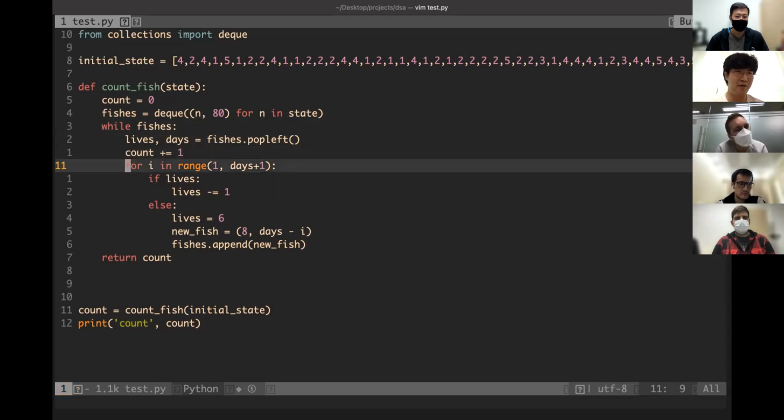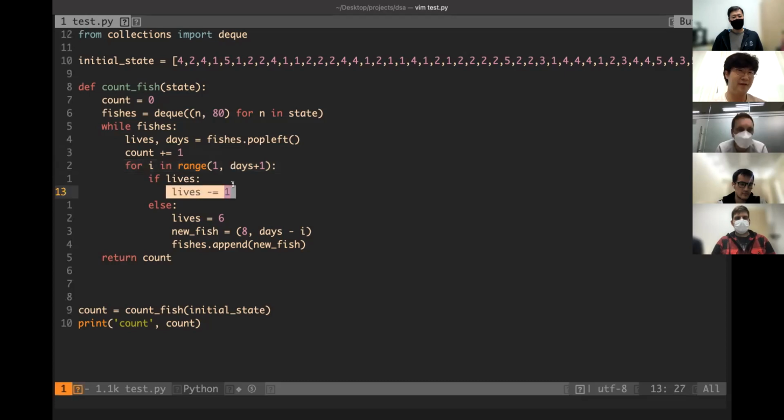And then I just go through one through however many days are left on that fish's counter. If the fish still has lives left, then I just decrement that fish's life count by 1. Otherwise, I reset the fish's life back to 6, create a new fish, and then append that new fish to the queue. And at the very end,